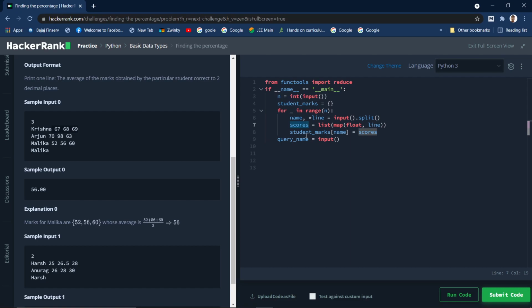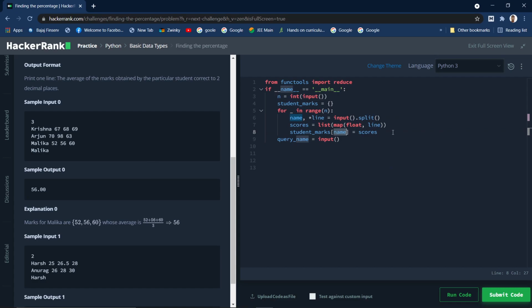Now this scores is a list which contains these scores only, but in the float format. Each element will be a float, and after that we are attaching the name, which is a key to a dictionary, and these scores as a value to this particular key name.